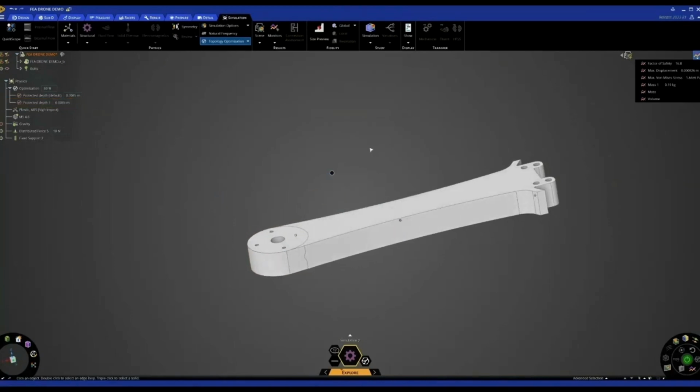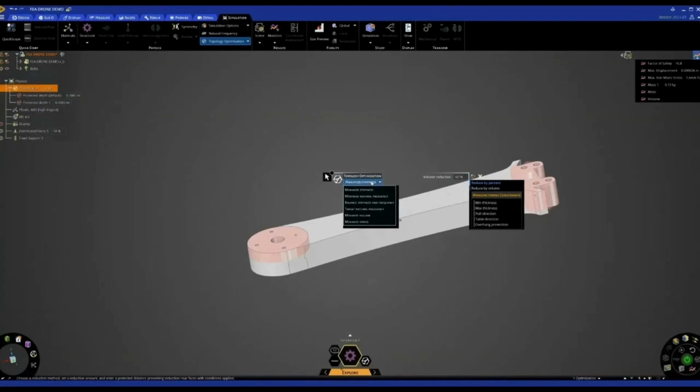Now looking at the optimization targets. If I double click here, we can see that we've got our objectives first of all. So we can maximize stiffness, target frequency, minimize stress, minimize volume based on stress. Just to go through a couple of these, obviously I am going to use maximize stiffness, but another nice